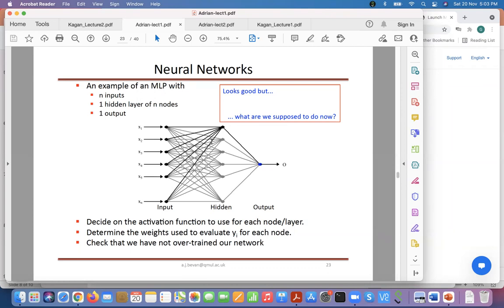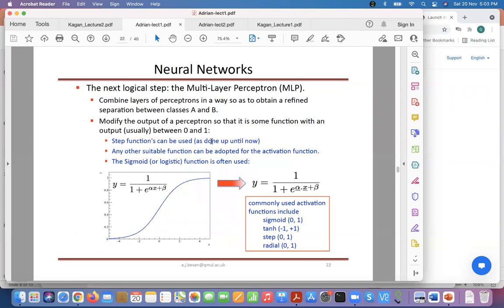So this sigmoid function is what we call the activation function that we use. There are several activation functions. Sigmoid is one of them, which is given by this plot here on the left, and on the right you see the expression. There is also the hyperbolic tangent, and there is a step function which is 0, 1. And there is also a radial function. Largely speaking, we use the sigmoid function.